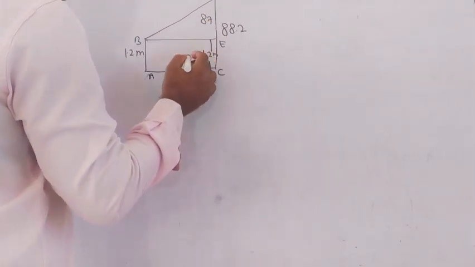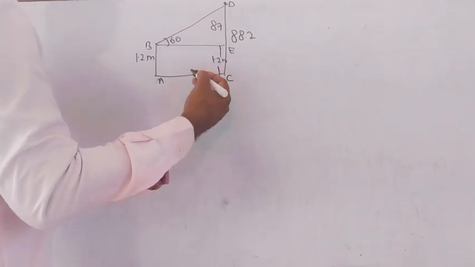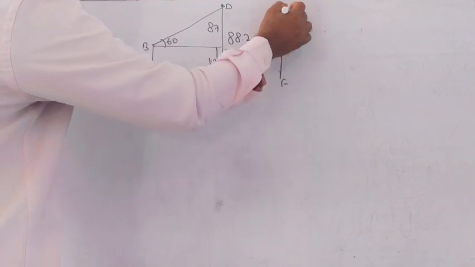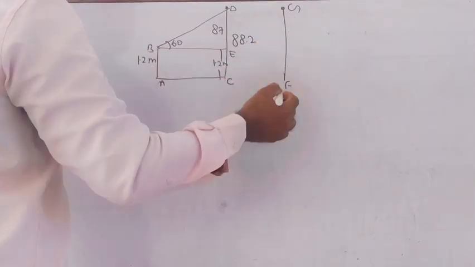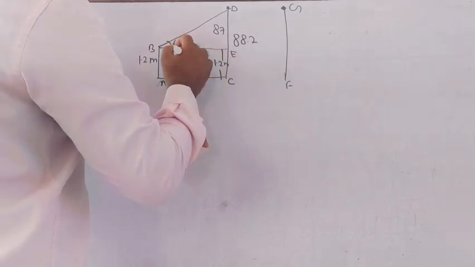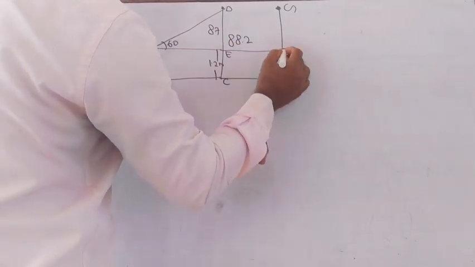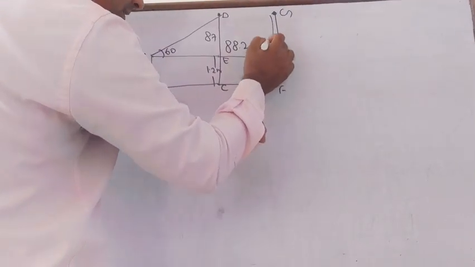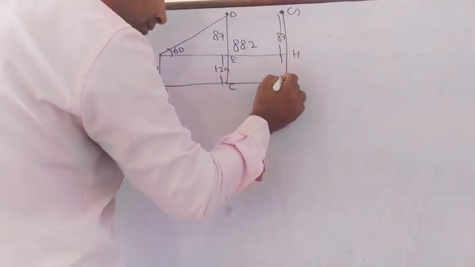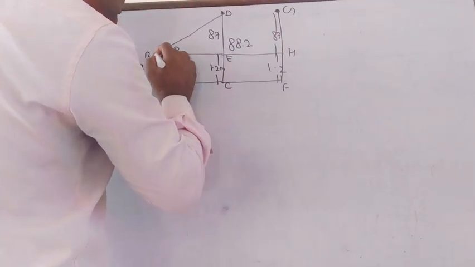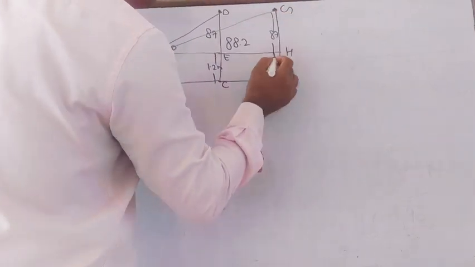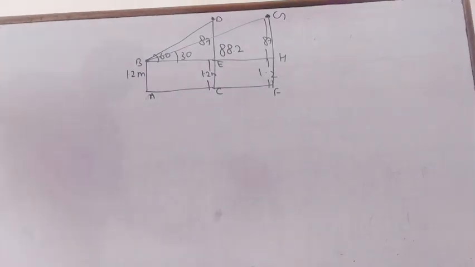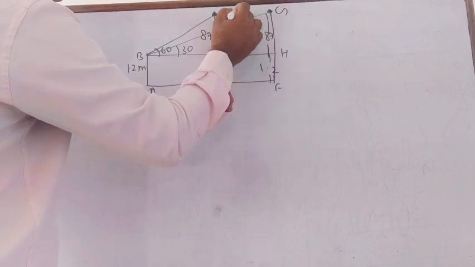And this is the angle of elevation from the girl's eyes, 60 degrees. After some time passes, the balloon moves to the point, suppose that FG. Now the position of the balloon is point G. Then producing this line, suppose that is H, and this height becomes 87. Now at this stage, the angle of elevation is reduced to 30 degrees. Then we need to find the distance between DG.